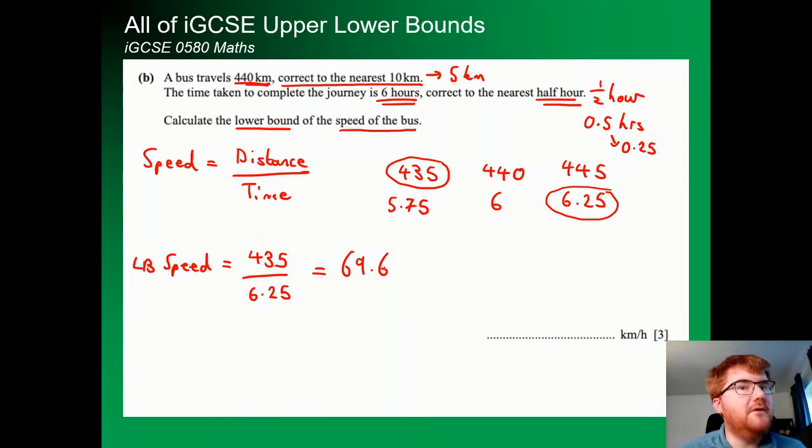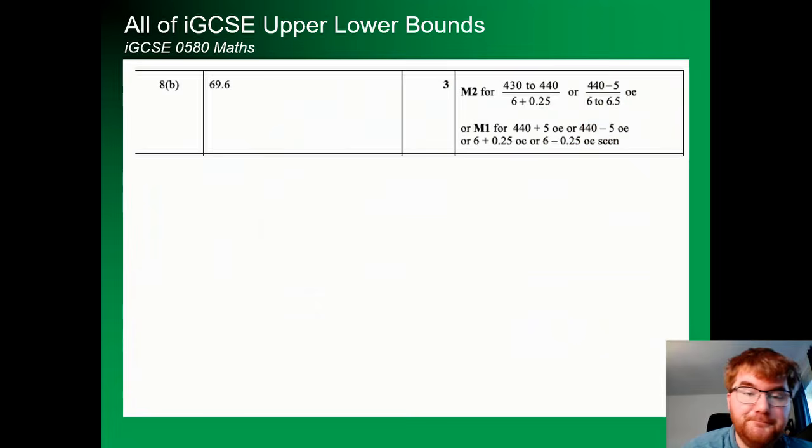69.6. Again, don't be tempted to round to the nearest whole number. Leave it as 69.6. And if you're not happy with that and go, okay, is that really the lower bound of the speed? Again, you can do 445 divided by 5.75. Will you get a different answer? Which is the lowest answer that you will get? So you can check your working here again. You can see to get all the method marks, you just need to write that fraction with the appropriate bounds so that you can get to